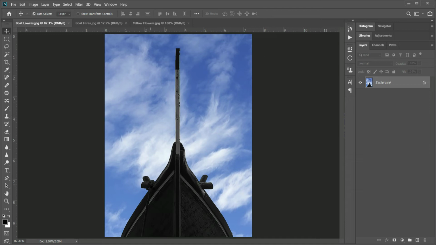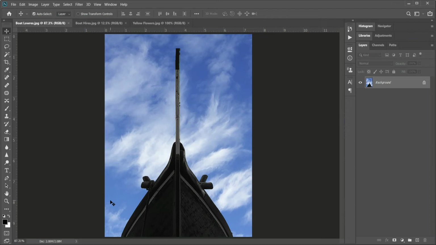In this example, the pixel count or the image size of this picture is 743 into 977, which is 725,911 pixels. Sounds like a big number, but this is actually a low resolution picture, or low res image.